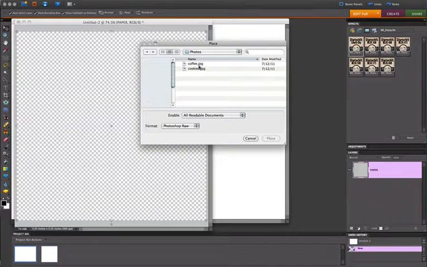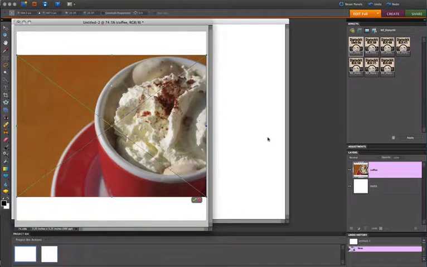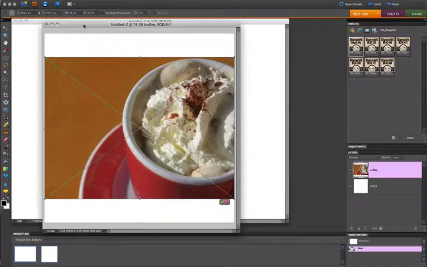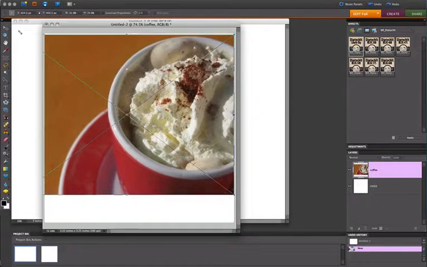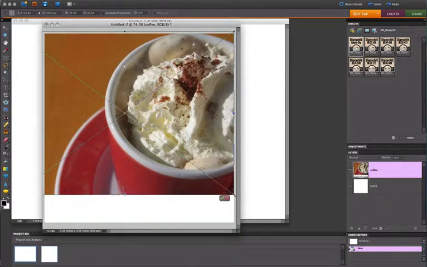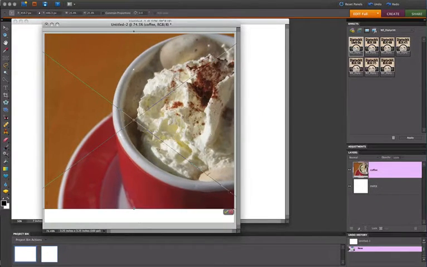On the next screen, I'm prompted to open my first photo. This will be the one that will show up on the left. I'm going to pick the image of the coffee and click Place. Now the photo will be automatically sized to fit either the height or width of the document here, and you'll be prompted to resize it and position it. So we're going to click on a corner handle and hold down the Shift key if necessary to keep the proportions constrained, and we're going to resize that photo to fit right into